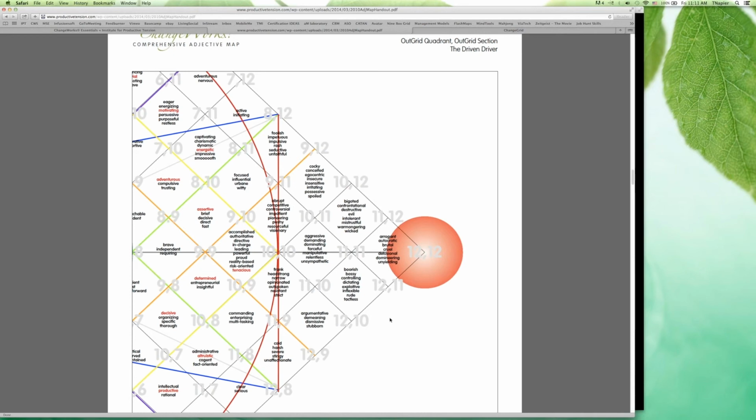So now, if you guys are interested in adjective mapping, when we get into the comprehensive adjective map, when we get into the change grid layer by layer, we do talk about the adjective mapping process, and we actually let you play with some maps of humanity and see how you would fare at doing whatever the physical manipulations are to get it to overlay on the change grid. Sometimes you have to rotate it, sometimes you have to flip it.